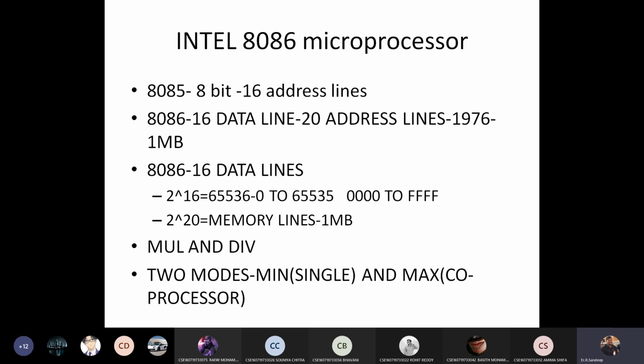Okay. And this subject is completely based on numbers. So we have to remember all the numbers exactly. Suppose you are talking about 8086, 8 and 16, you should remember. If you are talking about 8086, 16 and 20, you should remember. If you make any simple mistake in these numbers, you will not get the marks. When you are writing the content, each and everything will be checked when we are evaluating the answer script. Okay. So the placement of the pins and each and everything also we have to remember exactly.